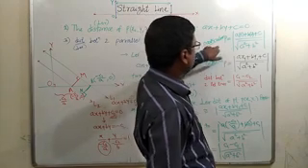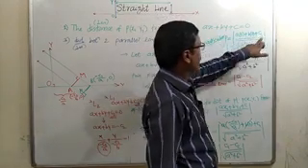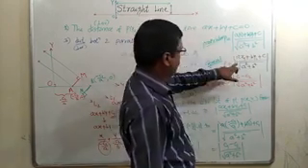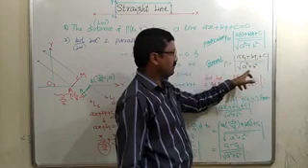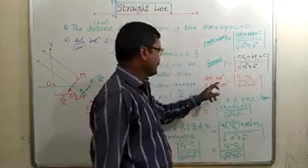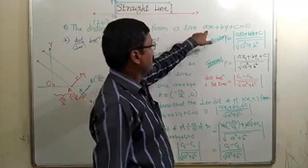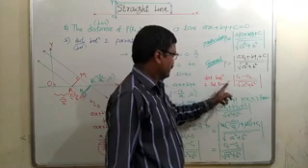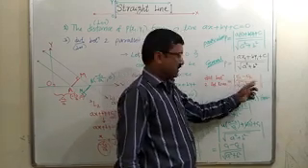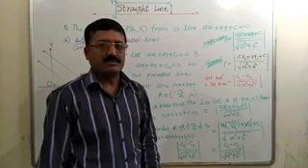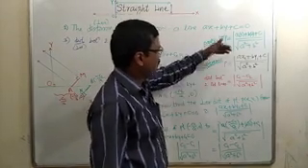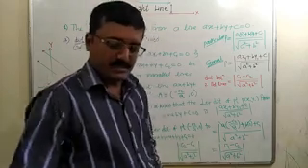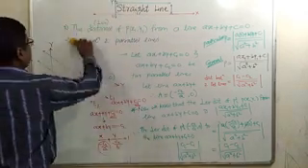The first formula, distance of origin from this line, is c upon root a square plus b square. Distance of x1, y1 from the same line is ax1 plus by1 plus c upon the same root a square plus b square. And the distance between two parallel lines having equations ax plus by plus c1 and c2 equal to 0 is mod of c1 minus c2 upon the same root a square plus b square. So these three formulas are very much similar and very easy to remember. Let us solve some examples related to these three formulas.